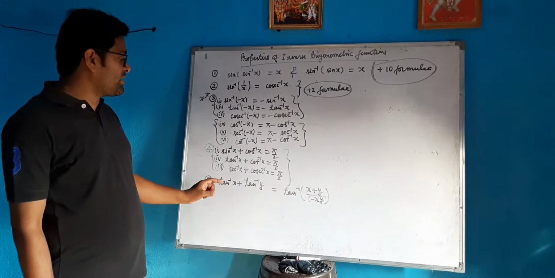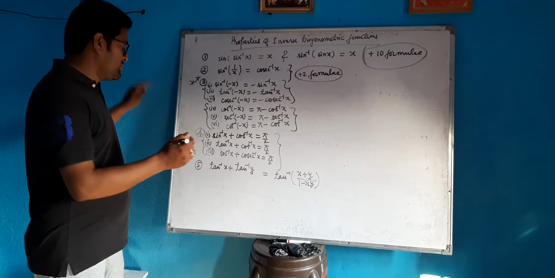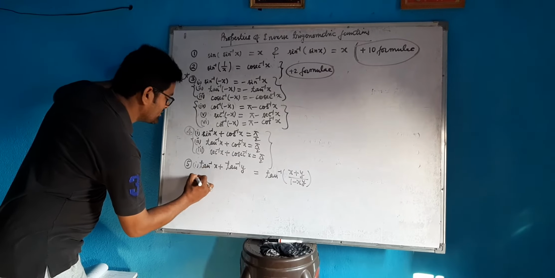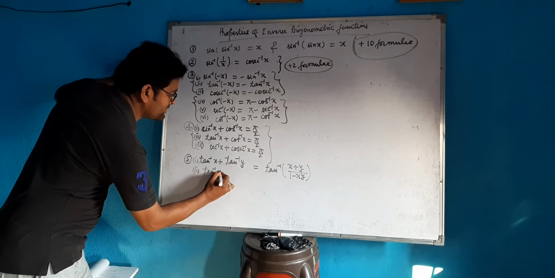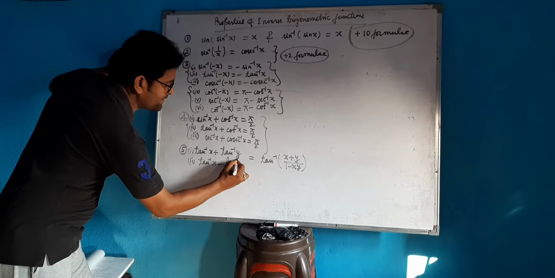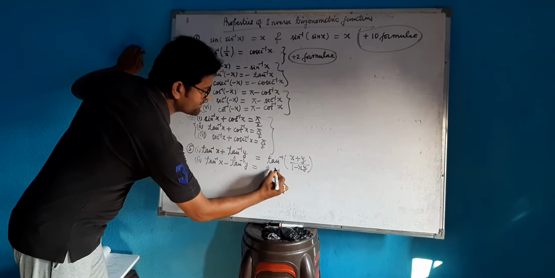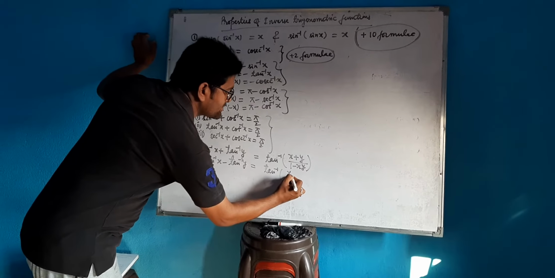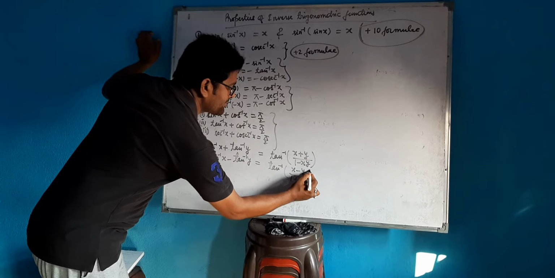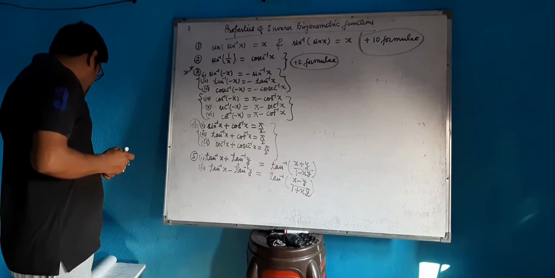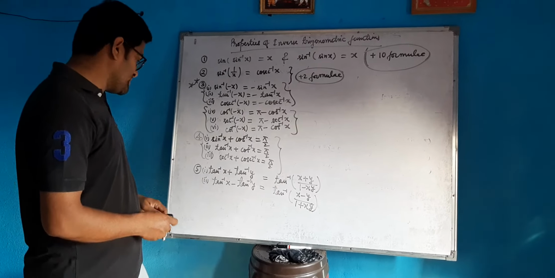In the same way we have this formula. We can prove it also, taking the first formula. If we subtract them, tan inverse x minus tan inverse y is equal to tan inverse of (x minus y) by (1 plus xy). You can see the importance. I will show you the importance of these formulae in different questions.